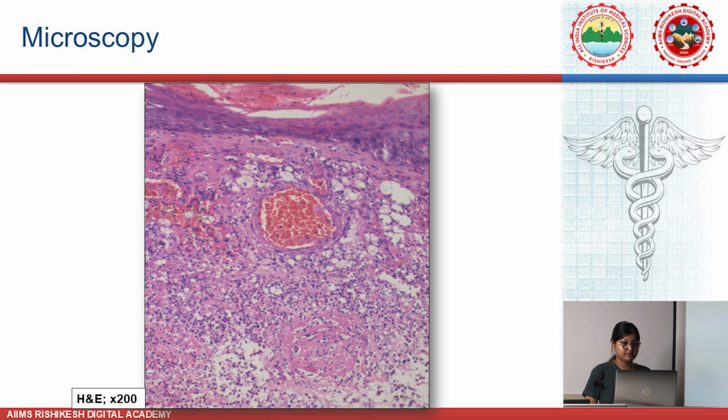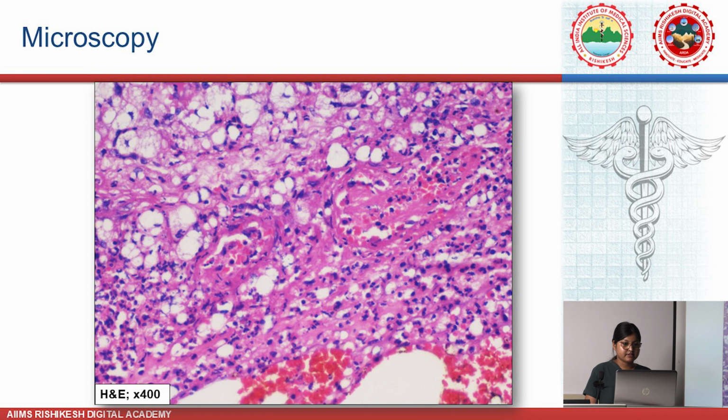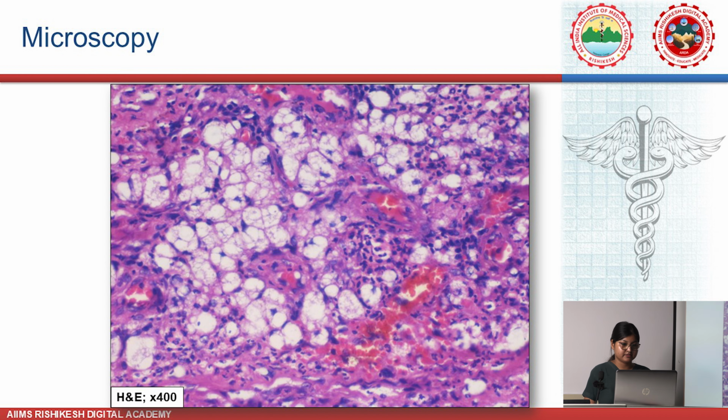There is another focus showing the thinned out epidermis. Along with that, the dermis is showing dilated and congested blood vessels, and these are the foamy histiocytes, and this is the dense inflammation, which predominantly comprises numerous neutrophils. This is a higher magnification to show the Virchow cells, the neutrophils, and the blood vessels. The neutrophils are attacking the blood vessels, causing vasculitis. Again, we can see the Virchow cells having that foamy, bubbly cytoplasm, which is clear.